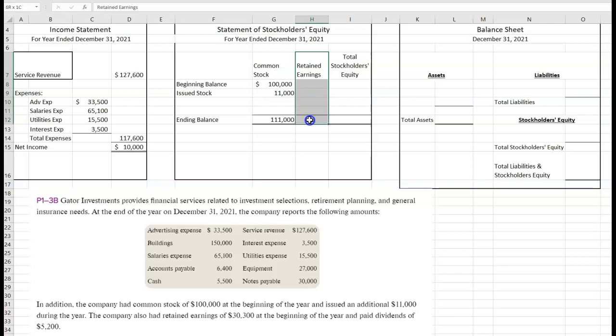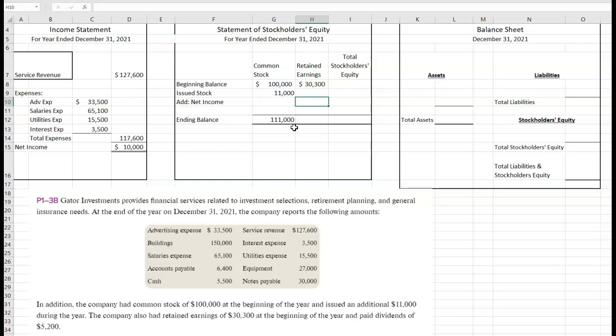Now we're going to look at retained earnings as an account. What was our beginning balance in retained earnings? Well, down here it tells us the company had beginning retained earnings of $30,300. All right. So what happened to retained earnings? Well, here's where we start using prior information. All of our net income that we earn each year gets moved into retained earnings at the end of the year. So we're going to add net income